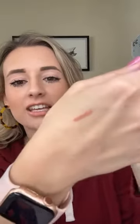I just love this shade. Let me show you what it looks like just all by itself. It's really, really light. It matches my skin tone nicely. If you're darker skin toned than I am, then maybe we have a light nude, a medium nude, and a dark nude. So then you can find your perfect nude, but for me, it's the light nude. So anyway, that's what I started with, and then I put on our brand new lip gloss in this Confident